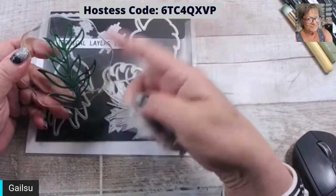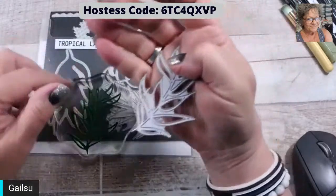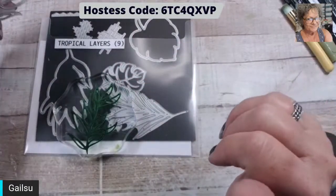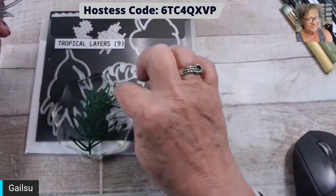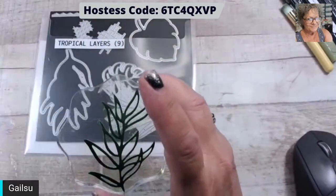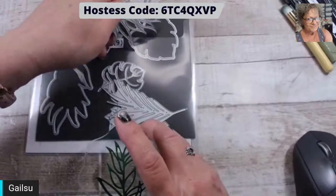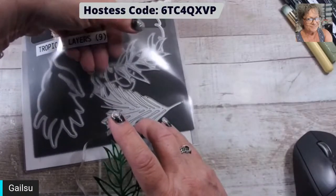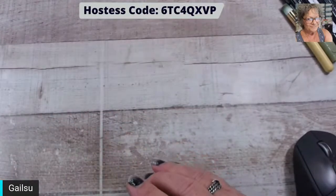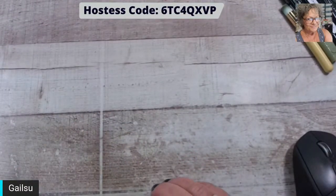Okay, so you just cut it. These little pieces come out. At first I left them in, but I didn't like the way it stamped. It left the line, which doesn't matter because when you color it, you have the line anyway. Let's put that back in there. Alrighty then. One of the cards,